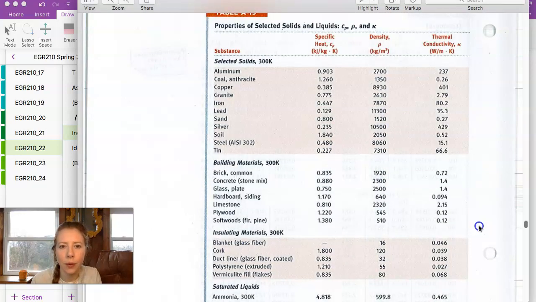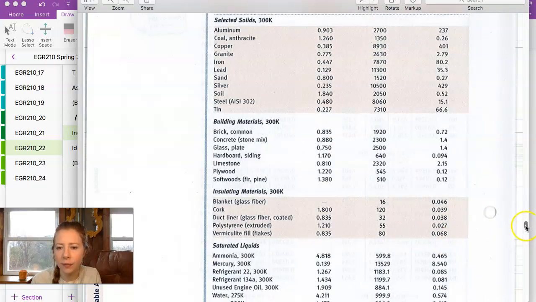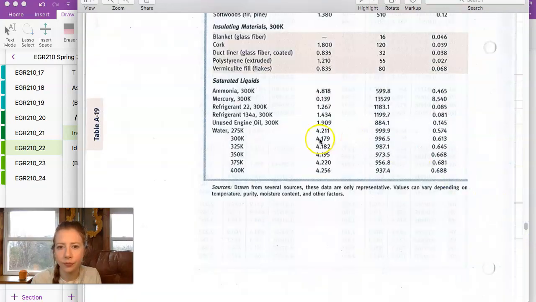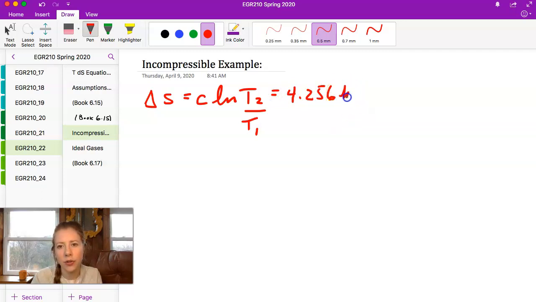So for water at 400 Kelvin, we have 4.256 kilojoules per kilogram Kelvin for C. So this is going to be 4.256 kilojoules per kilogram Kelvin